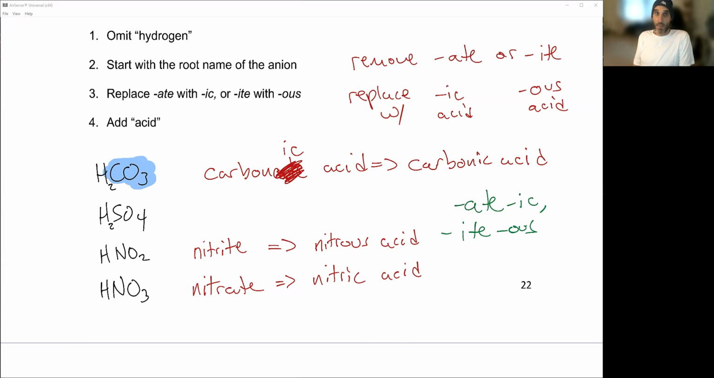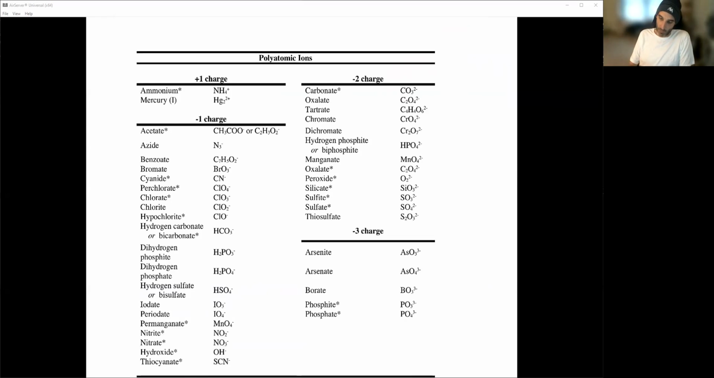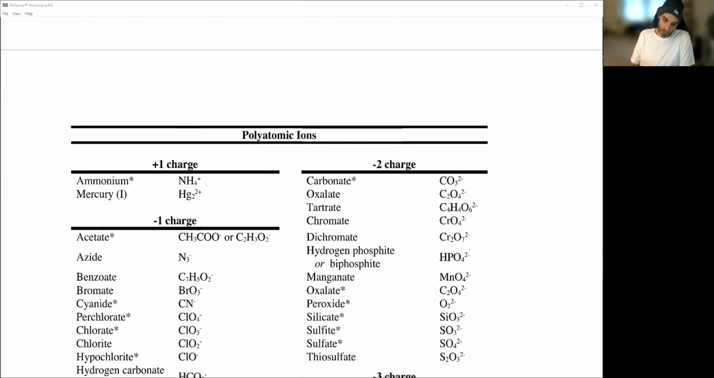So that's how you name those binary, or any acid that contains a polyatomic in them. Okay, and there's your list of polyatomics. Good. All right, so we'll do a bunch of these in class, but that's our